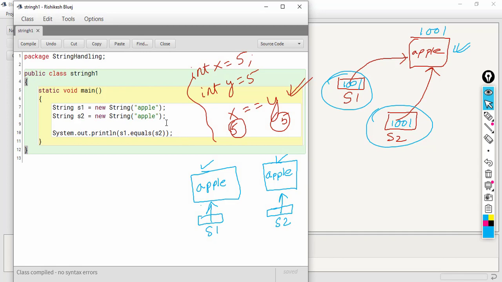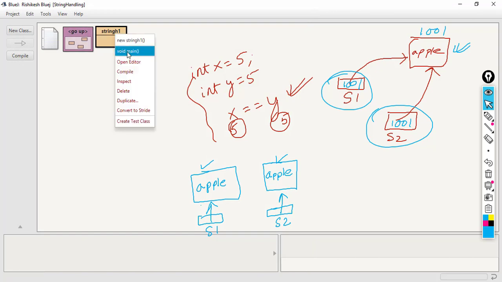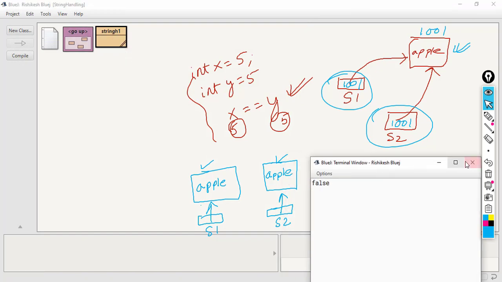And one more thing, if I make this A capital in string S2, this time the answer will be false because for equals both the strings must be exactly same, that is the case should also match. So it is case sensitive, so here we'll get the answer as false.